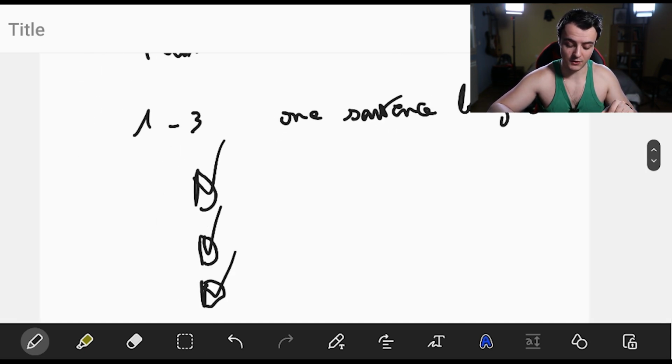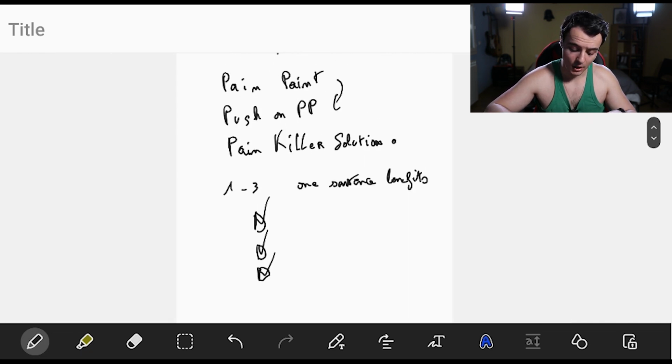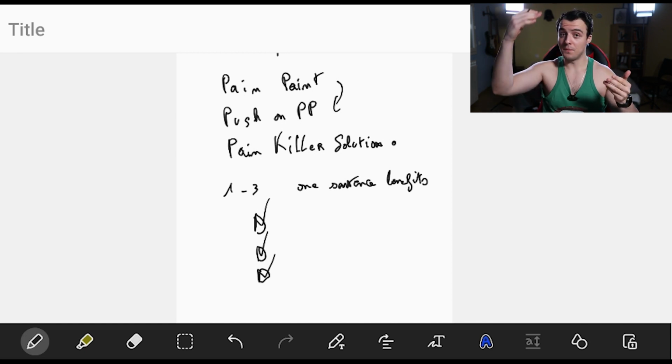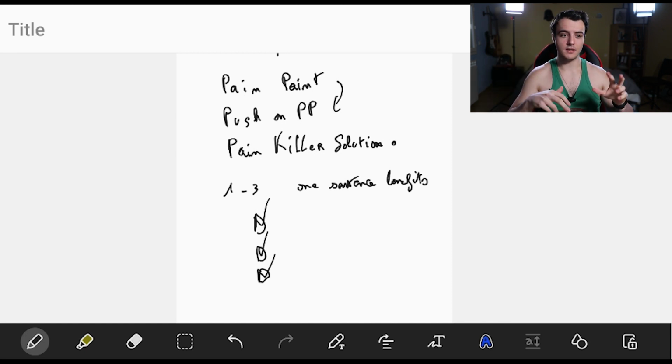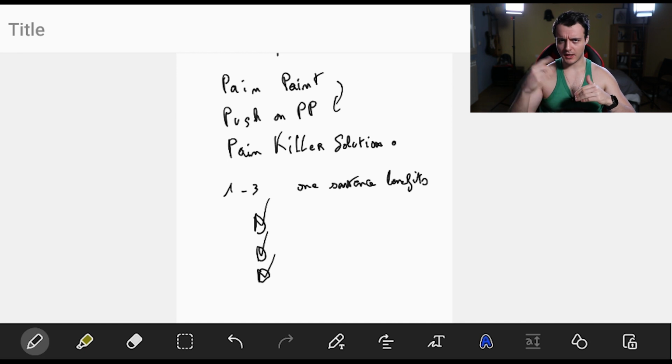And so the reason we have those is to make sure that when somebody is looking at a copy, some of them are going to read through the whole thing, which is great, but some of them are just going to skip through the whole thing. They're going to see, okay, this talks to me, ladies in this country, I'm feeling this pain point, all right? They're not going to see the push on the pain point. They're going to see, okay, pain point, and they're going to see the benefits. And then it's going to get them to look a bit more, because they're like, okay, pain point, and oh, those benefits can actually solve my pain point.